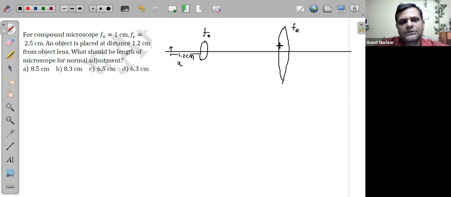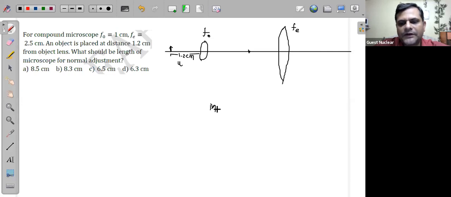Yes, so since the final image is going to form at infinity, what does it mean? The final image is formed at infinity. That means इसका first object का जो image है, तो वो यहाँ पे फोकल लेंथ पे फॉर्म हुआ होना जरूरी है, तभी जाके फाइनल इमेज इंफिनिटी पे फॉर्म हो सकता है। ओके, और वैसे भी फॉर्मूले हैं, तो कंपाउंड माइक्रोस्कोप के बारे में जो सबसे बेसिक फॉर्मूला हमारे पास है